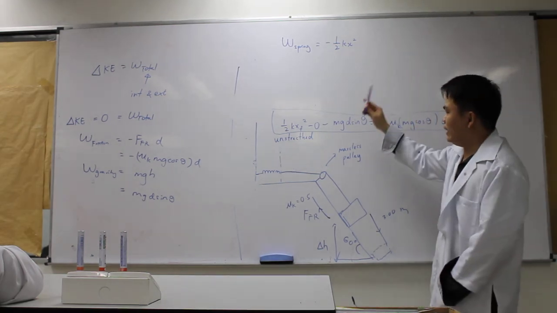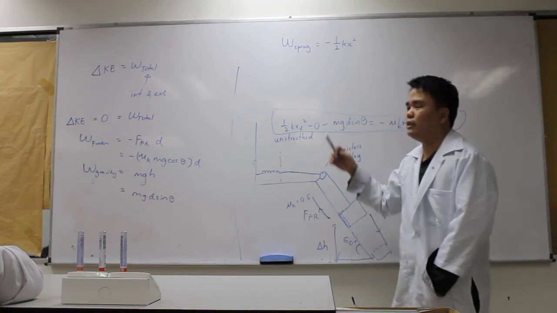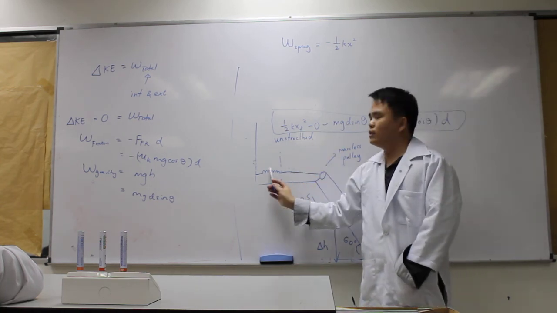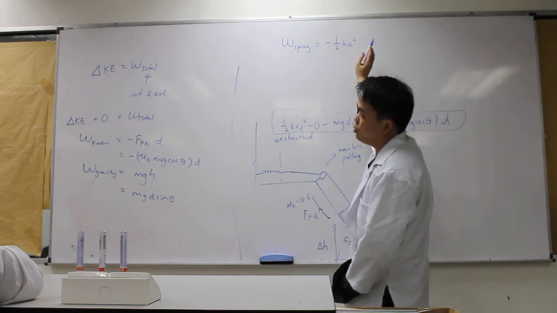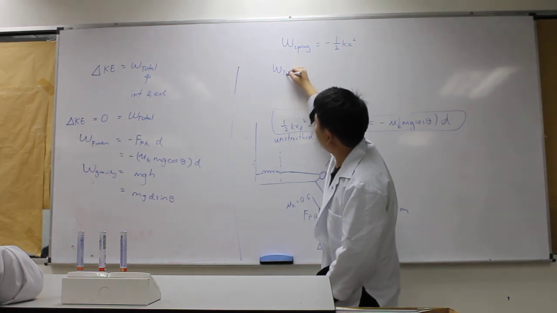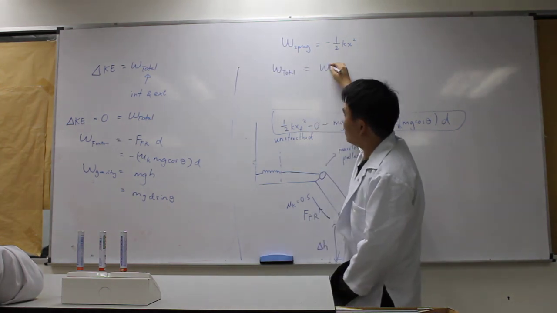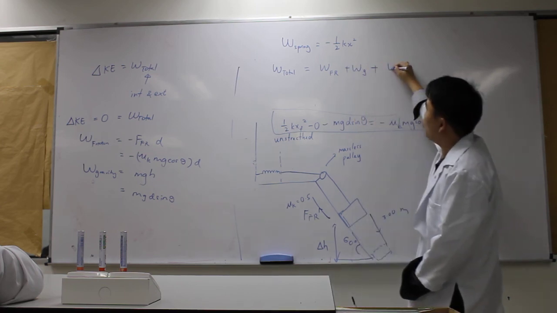Whether initially it is unstretched and then stretched, or initially unstretched and then compressed, either one. Most of the time it's negative half k s squared. So for that, we say work total is work friction plus work gravity plus work spring,